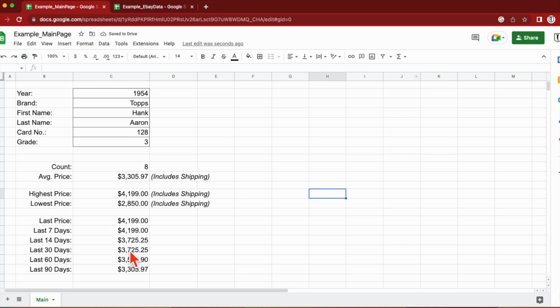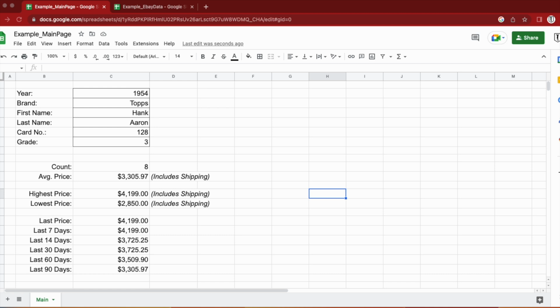Okay, so now we have from the original sheet, from our workhorse sheet actually, our eBay data sheet where we have all of our variables, we now have the last item that was sold, what that price was. That last item happened to be sold in the last 7 days. Over the last 14 days, what is the average? Over the last 30 through 90 days, what are the averages? And so this is starting to give us data analysis that becomes very useful as